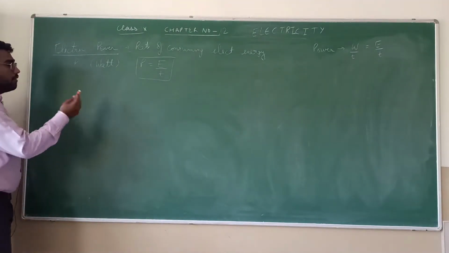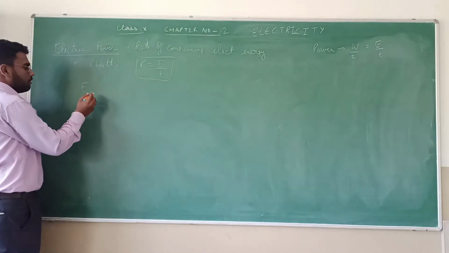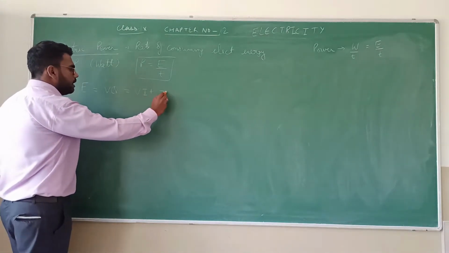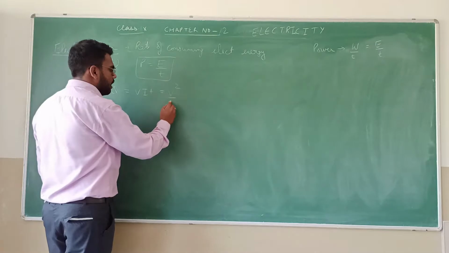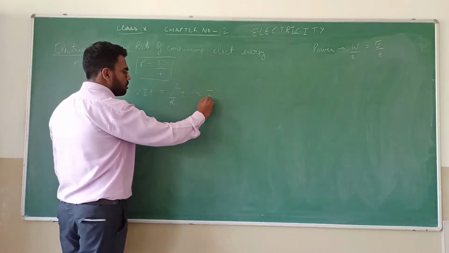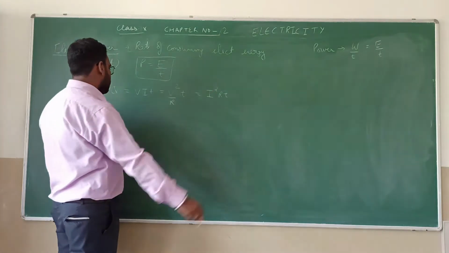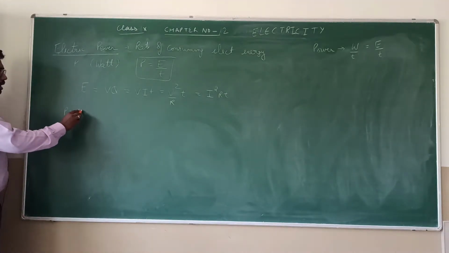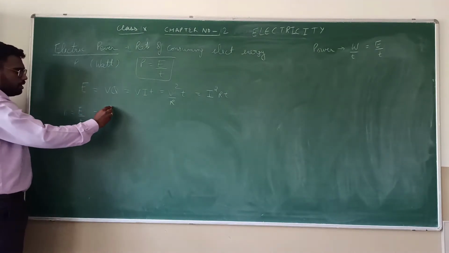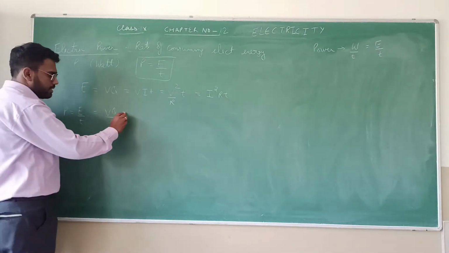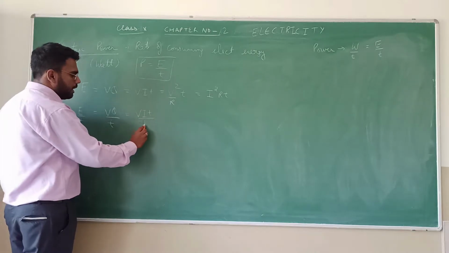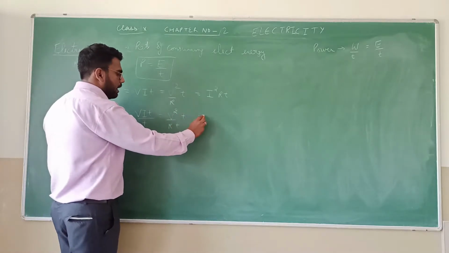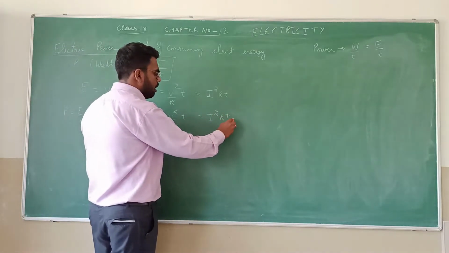We have studied in our previous class that for energy in the form of heat, there are four formulas. One was VQ, another VIT, another V square by R T, and one from Joule's law, I square RT. So if I ask you what will be the formulas for power, power is energy by time. The first formula will be VQ by T, the second VIT by T, then V square by R T by T and I square RT by T.